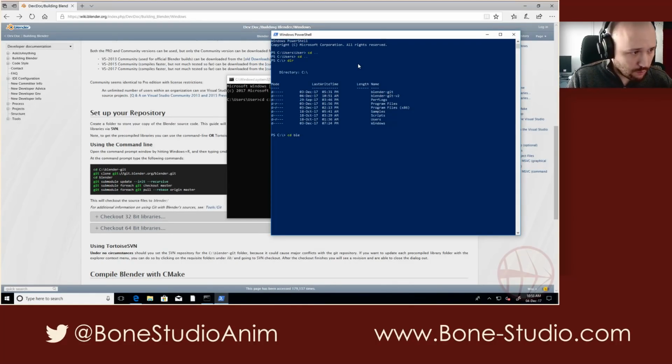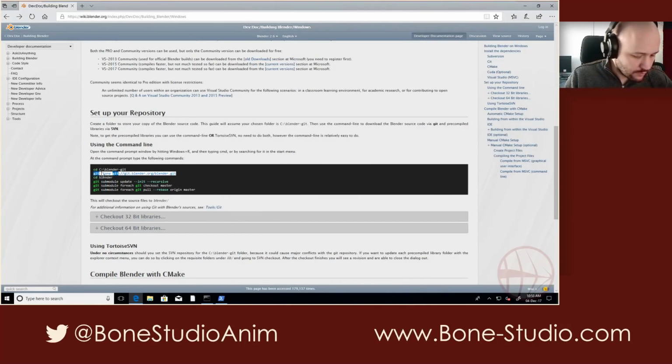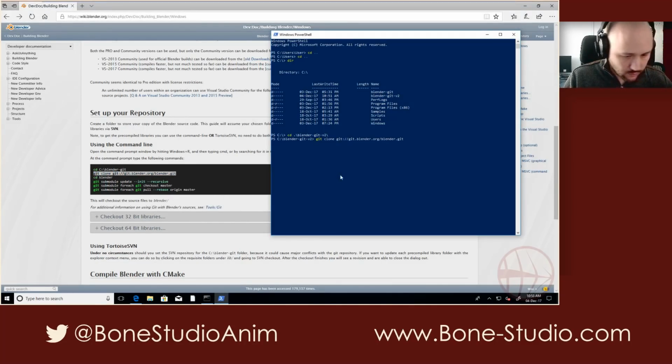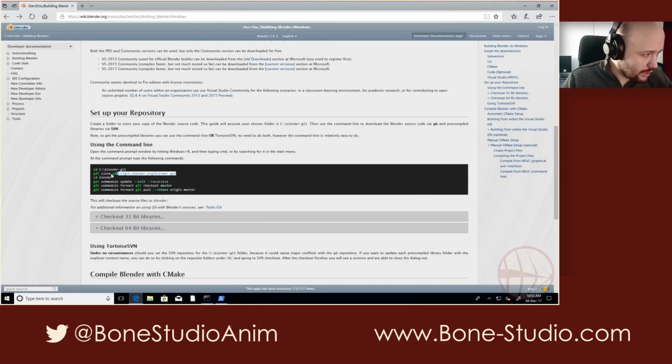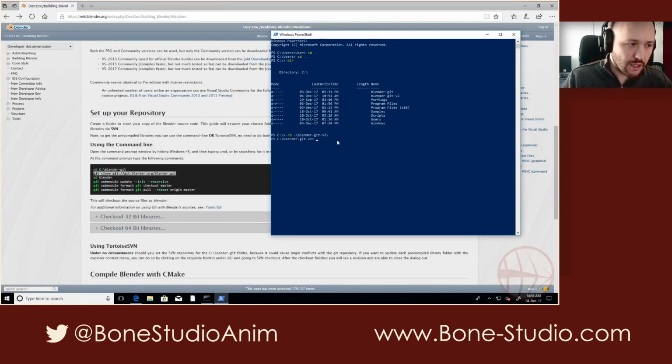Okay. So the Blender Git v2. We are going to replace Blender Git with Blender Git v2. That's it. Now we use this command. To copy and paste the command in the PowerShell, you just have to go here, select Ctrl+C, go to the PowerShell, and right-click in the PowerShell, and this pastes